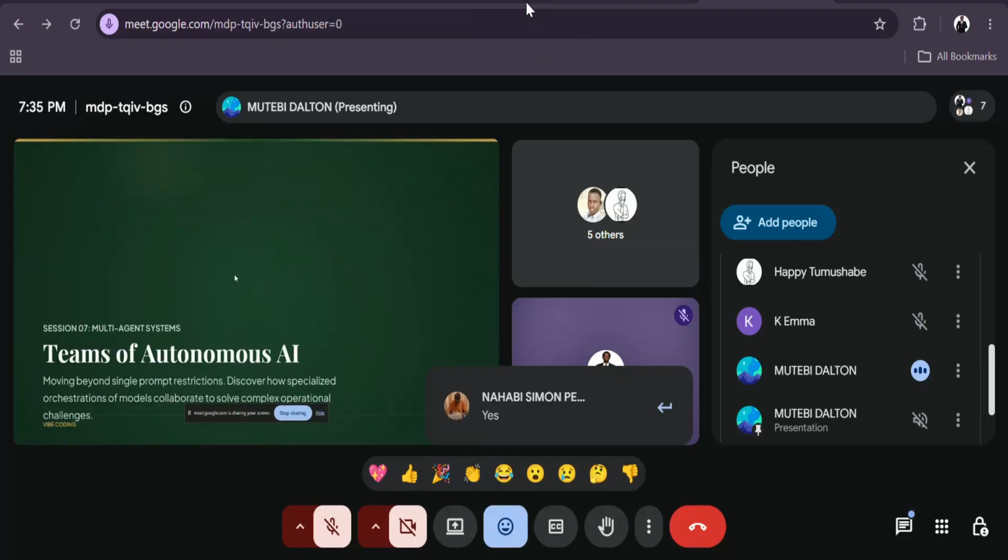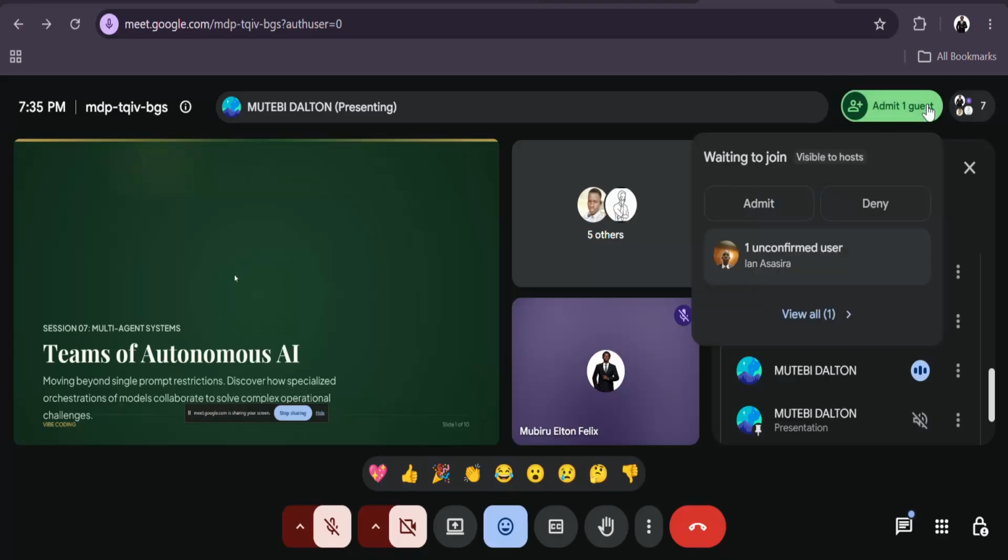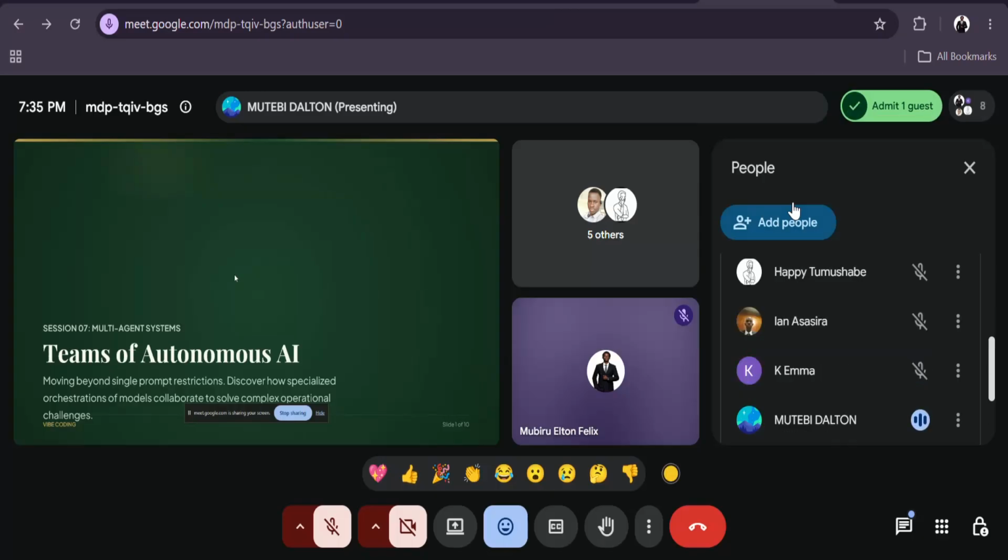So, right now, I'm going to introduce multi-agent systems. We all know that an AI agent is an improvement of an LLM. An LLM before would just send you text: you tell it something, and it just replies using text.